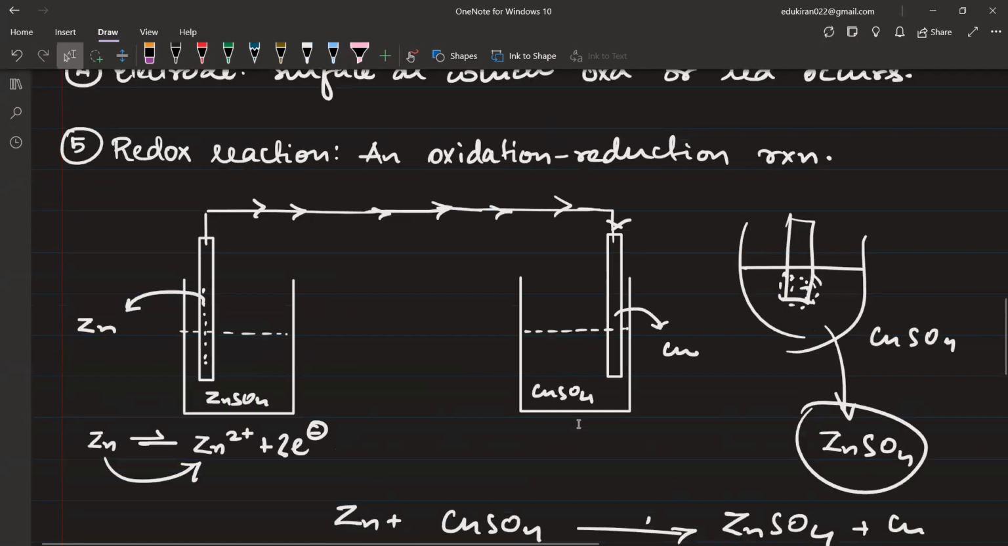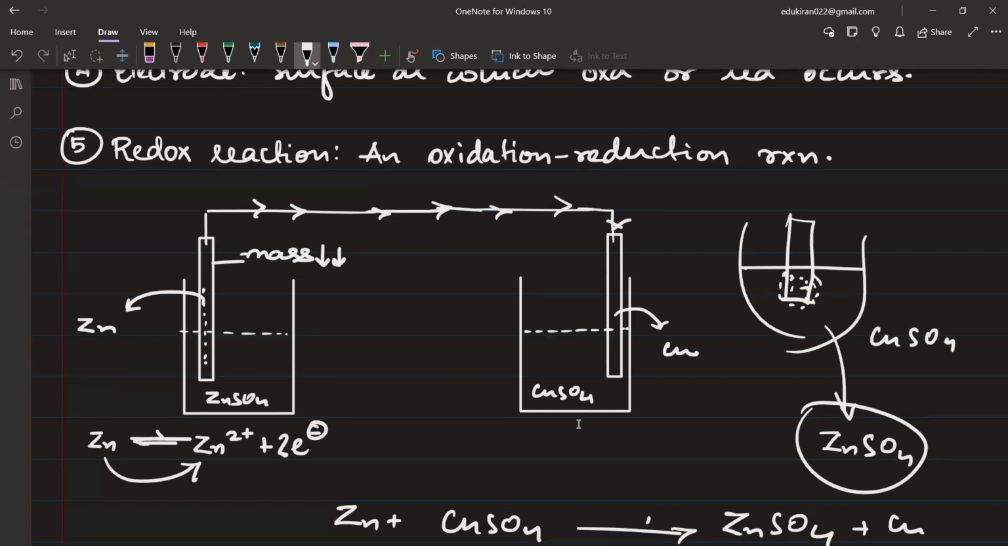Zinc is getting converted to Zn2 plus. That's good. That means zinc from the rod is getting deposited in the solution. Zinc is going away from the rod, which means the mass of this zinc is going to decrease. What did they observe? They observed that the mass of the zinc rod is going to decrease